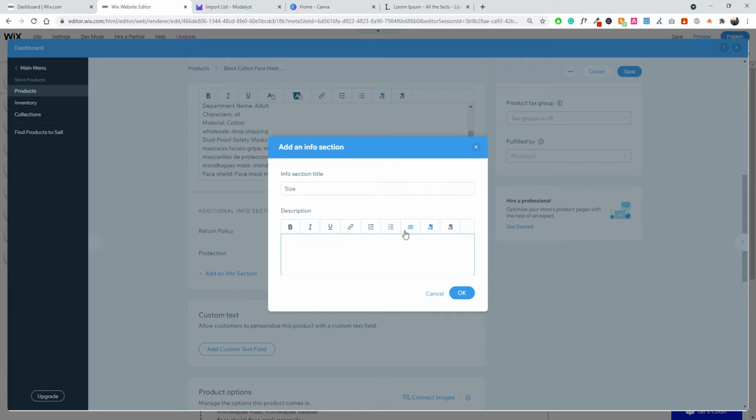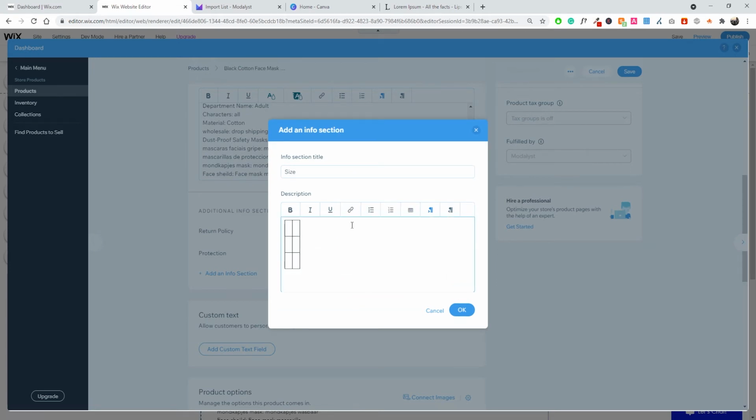And for this section, what I would do is just add a table, kind of like this one. So we have 3 rows, I think that'll be fine. 2 columns, headers, no, I think that's fine. Let's just click OK. So we can do size 1, for example, and then maybe we'll have another size, which